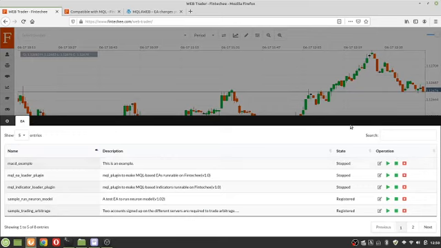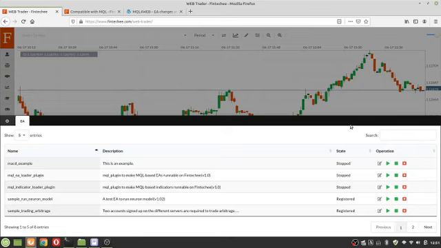Okay, so now this tutorial has guided you to learn how to convert your existing MQL-4 based programs to make them runnable on your web browser. And so now we have learned how to do the conversion and how to do the compilation and how to run them, how to load them. Okay, so it's quite simple, and every